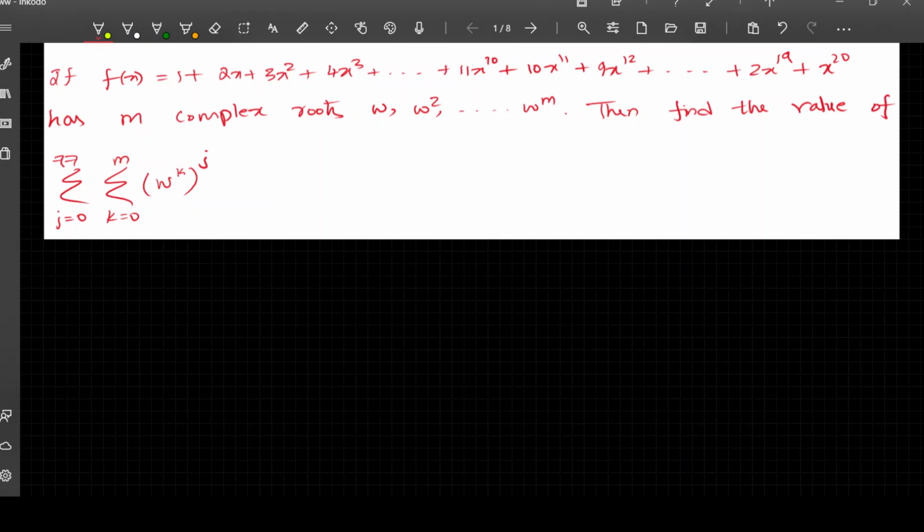So in today's video we'll be solving a very exciting problem, and to be honest, this is a very conceptual problem. You can see that it is a combination of equations as well as complex numbers. So I just linked two concepts, combined them, and made a question.